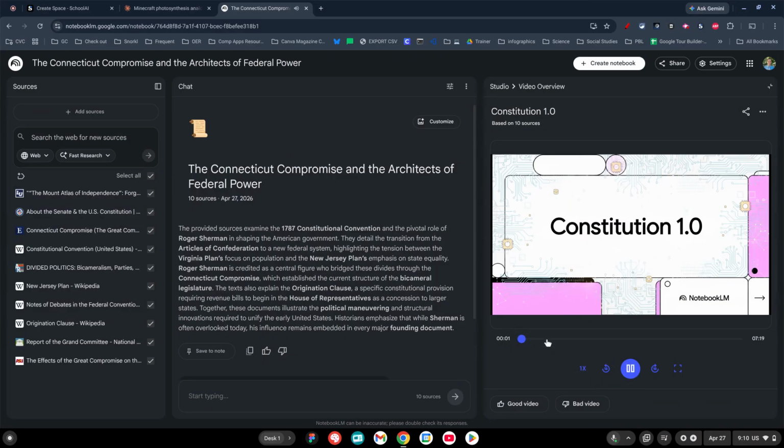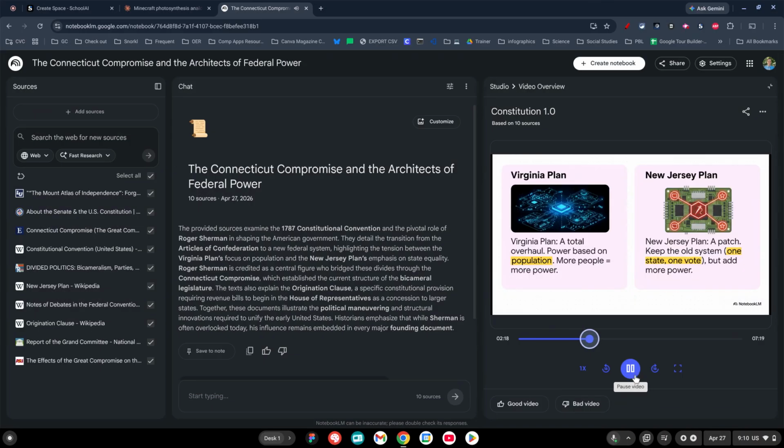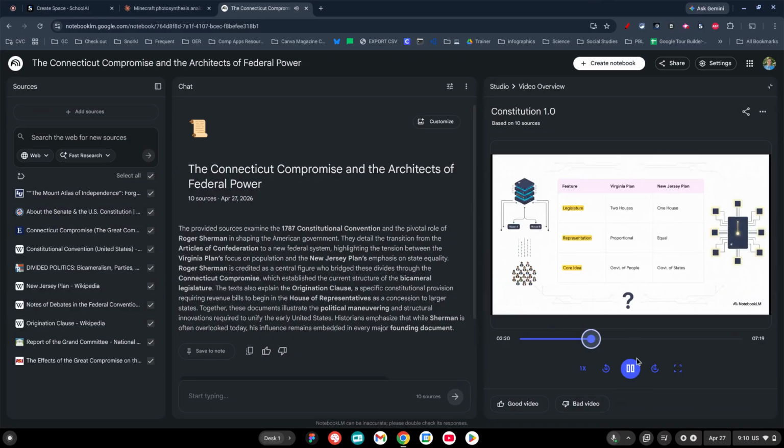All right, today we are going to break down these critical system failures. First off, the central government had the processing power of like a pocket calculator, a totally weak CPU. Let's look at the spec sheet here, side by side. The Virginia plan for the big states wanted a two-house legislature with